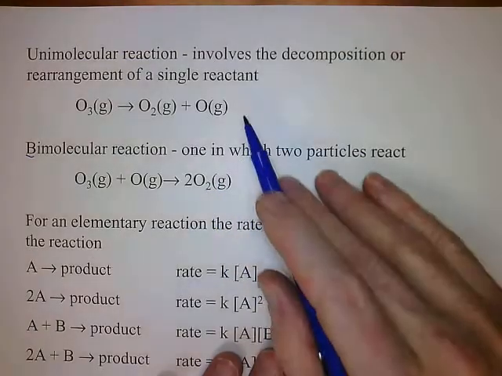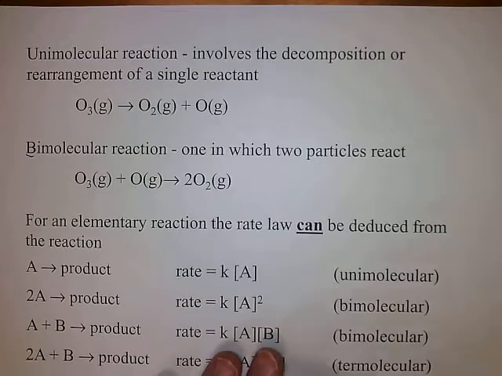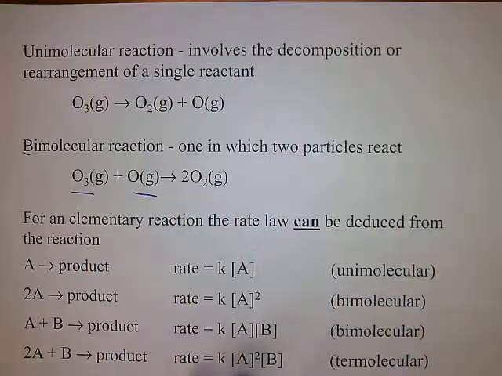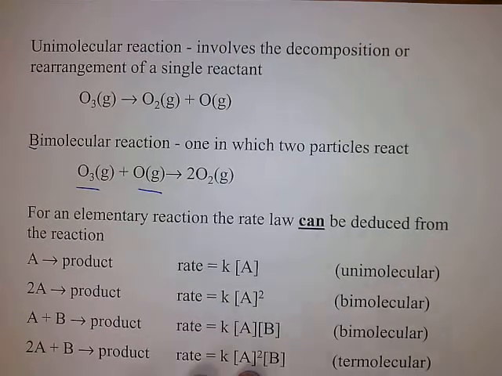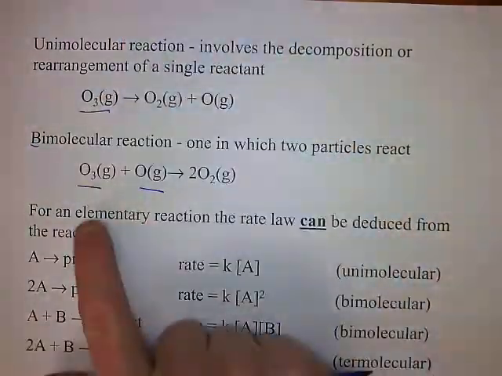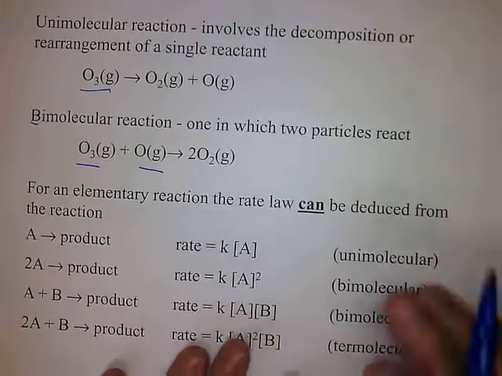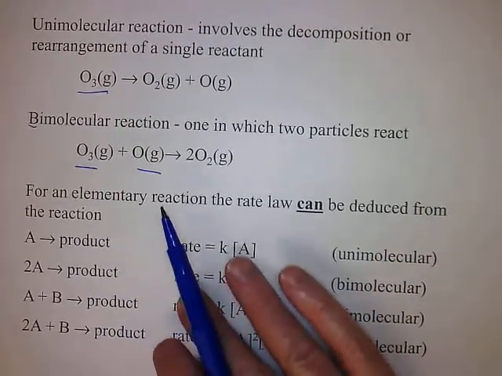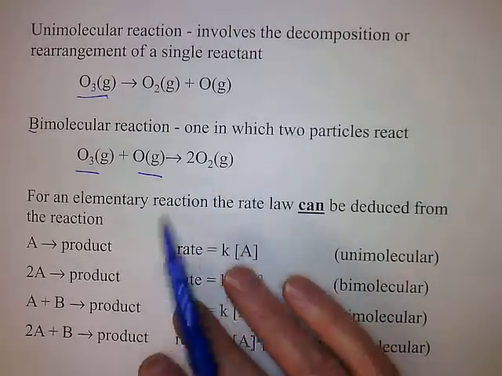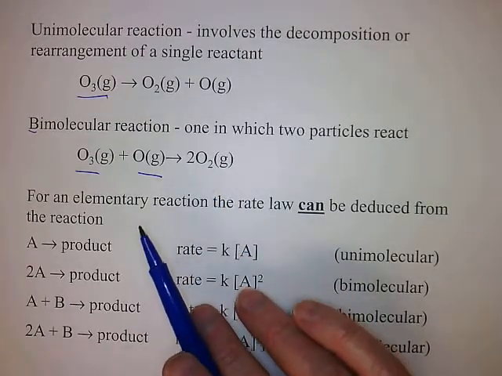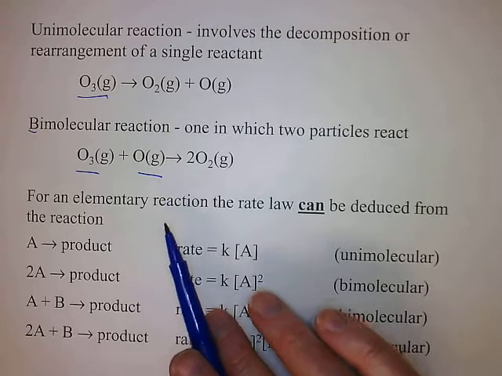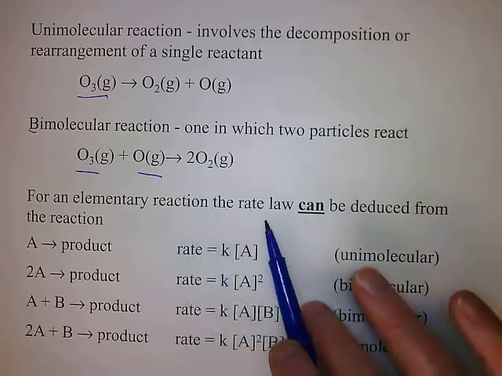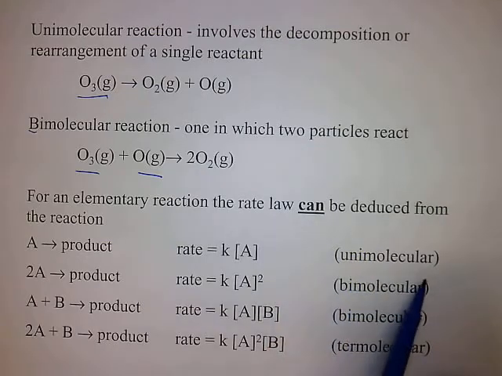That is the reverse of this reaction, okay? And that's bimolecular because there's two reactants. This has a single reactant, and this has two reactants. Now, for an elementary reaction, if we know it's elementary, and that is if we know the reaction is occurring in a single step, then we can deduce the rate